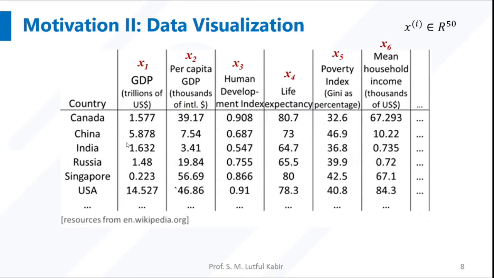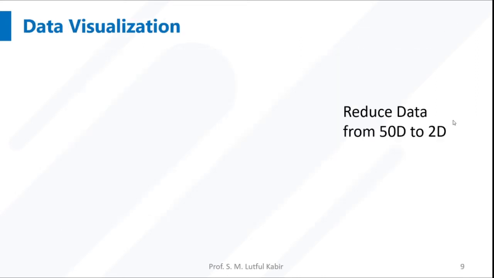So this is a big data set, and with multiple features, that means 50 features, it is not possible to visualize by graphical plot. That's why if you can dimensionally reduce this data,